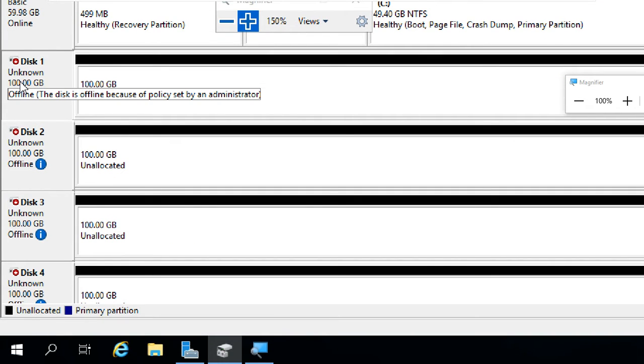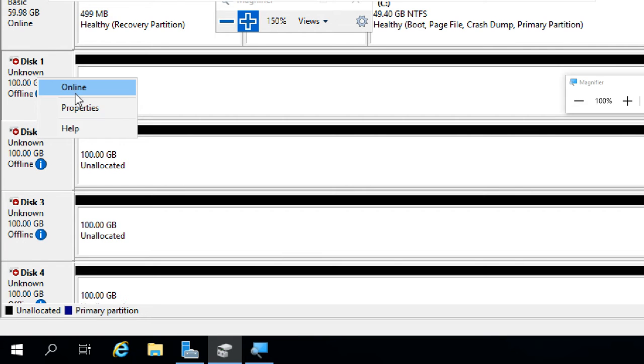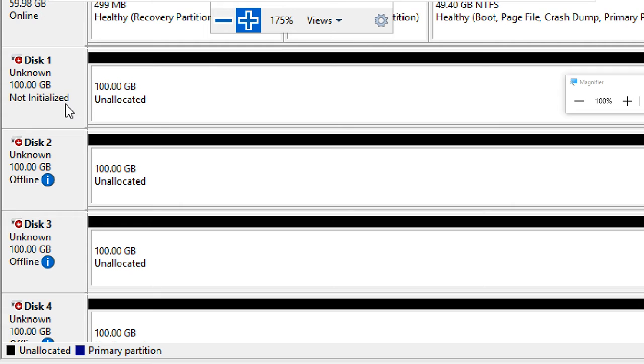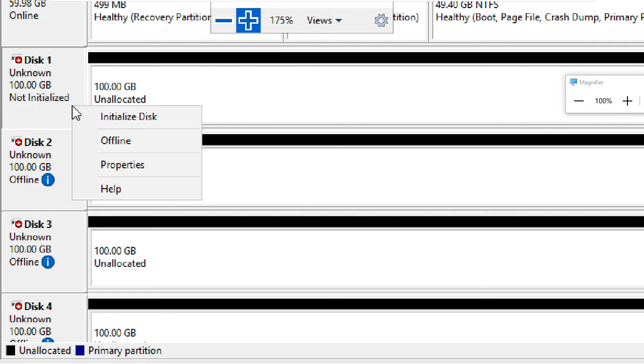Next, what is this? Unknown, unallocated, of course unknown, offline. Right click, you can make it online. First, make it online. Now it is showing not initialized. Right click, initialize the disk.